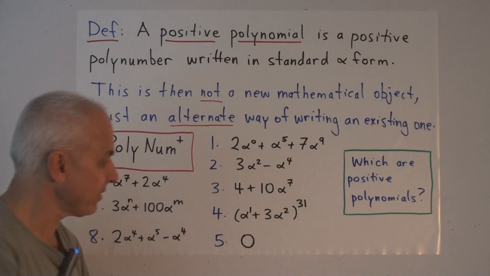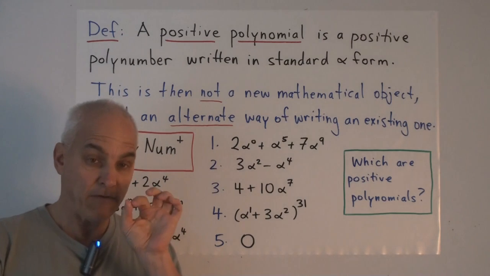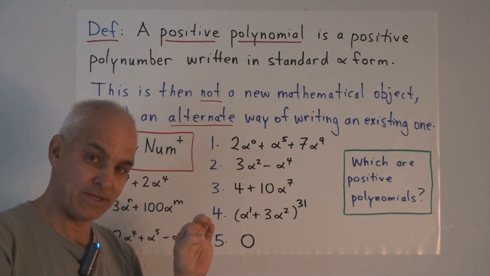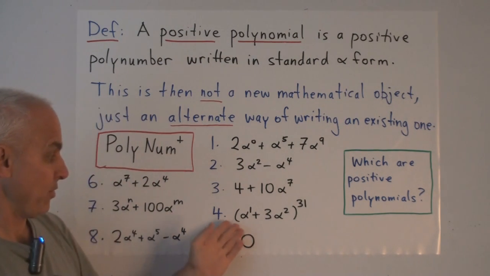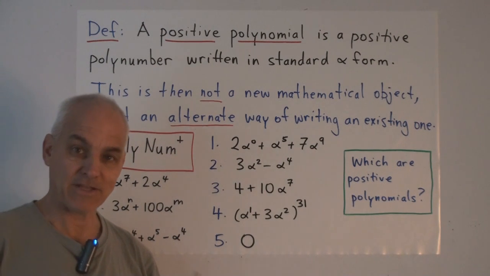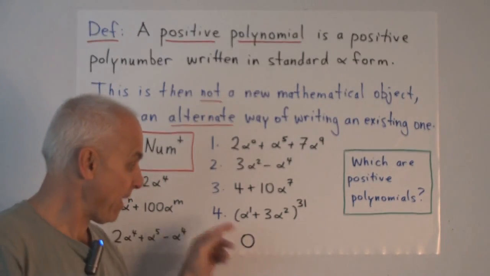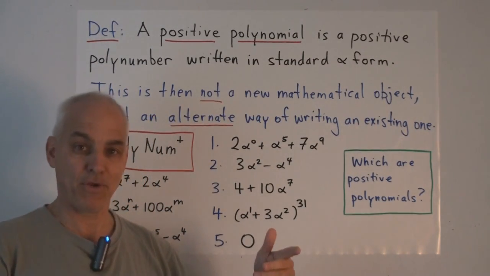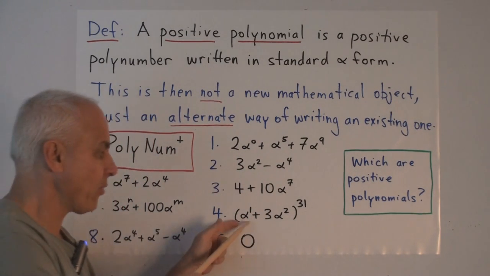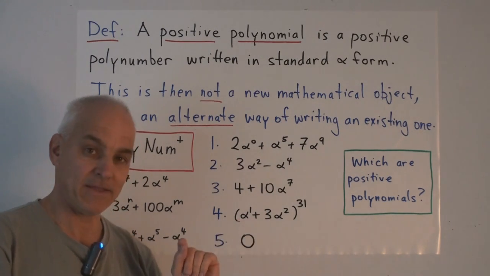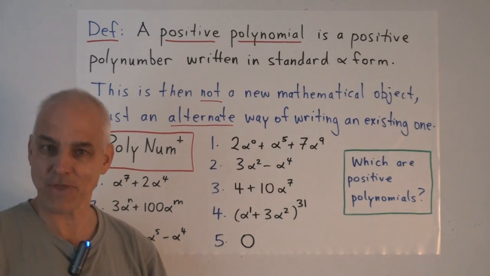How about this? This seems to be all right. But it's not, because it's not written out in the standard form. The standard form requires that you start with the degree 0 term, then the degree 1 term, then the degree 2 term, and so on. Well, you might say you could expand this, and you could, but that's not something that we want to do. If you give me an example of a positive polynumber, it better be in the required form. I'm like a computer. Otherwise, I'm not going to accept it. So in other words, I'm not willing to do the work involved in expanding this out and putting it in standard form. The person coming with the object has to do that work themselves.